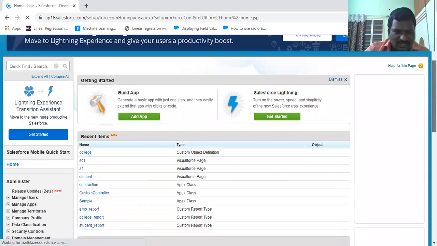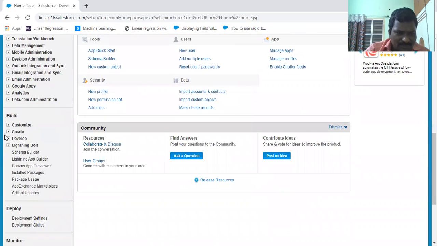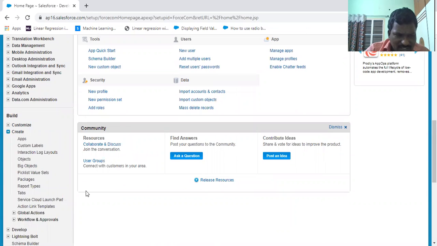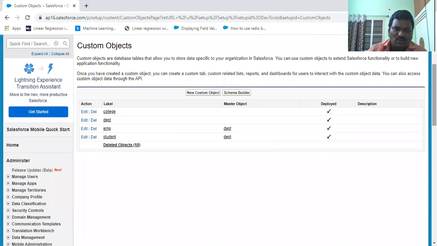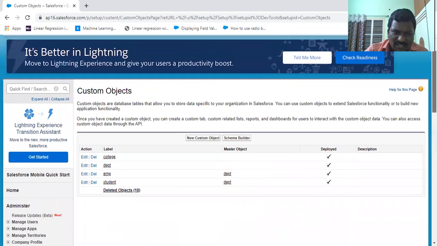Under Setup you have the Create option, and under Create there is Objects. Click on Objects, and then on which object you are going to create the record type. I'm going to create it on the College object.